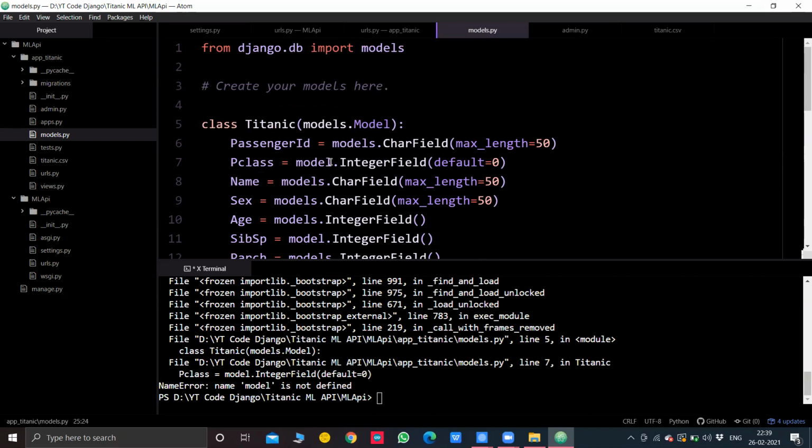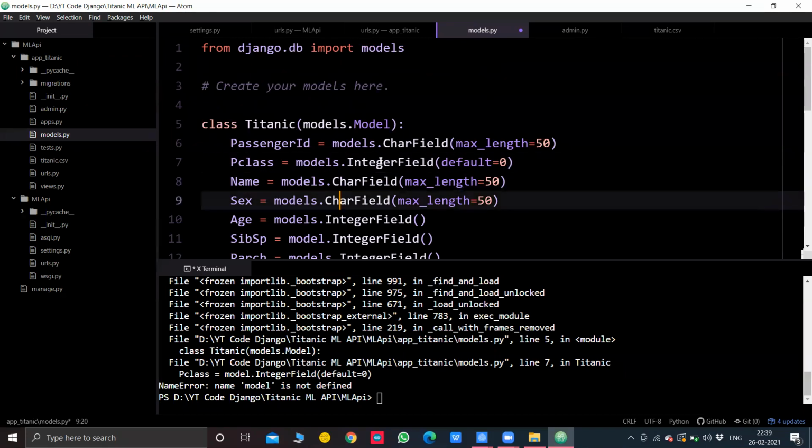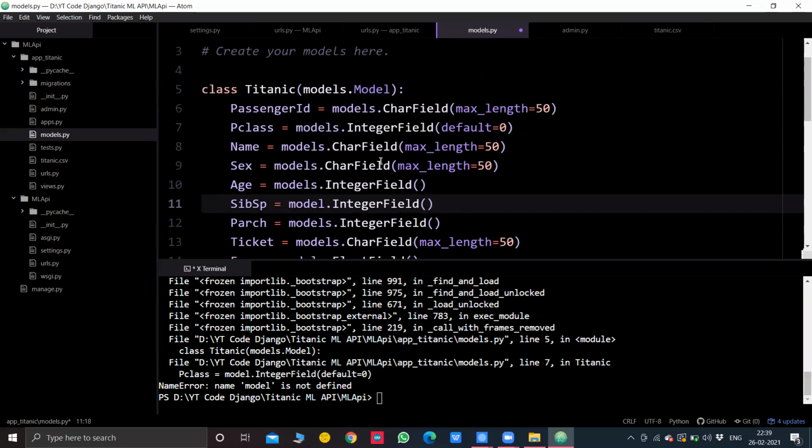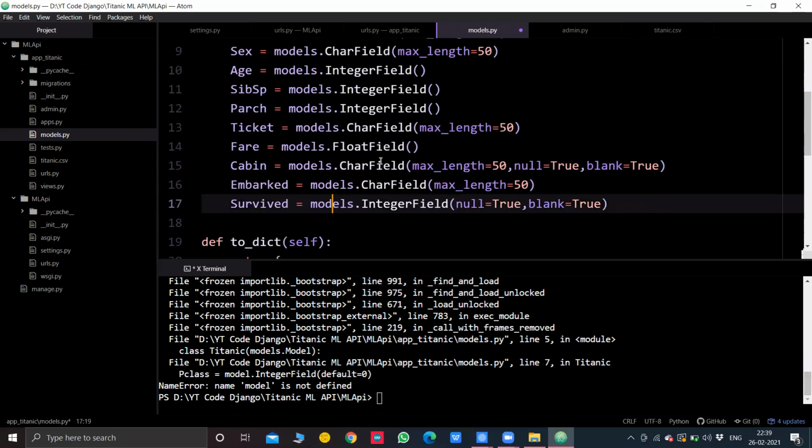So line 7, okay, there's one typo error. Instead of models, I just put model. So I'll check whether I have made the mistake again. Yes, in siblings and spouses also, I have forgotten this models S, and I think it's proper everywhere else. So I'll save it and run the command again.